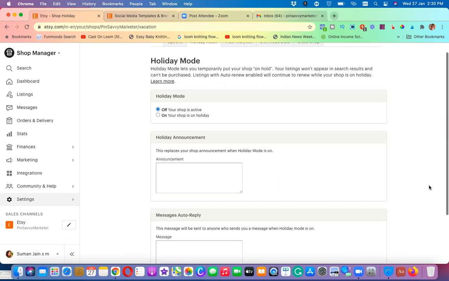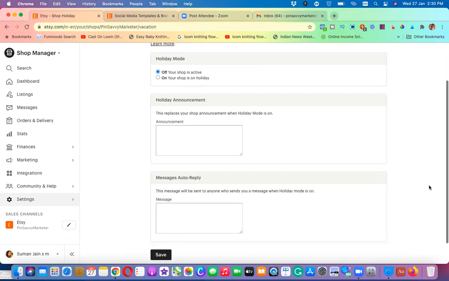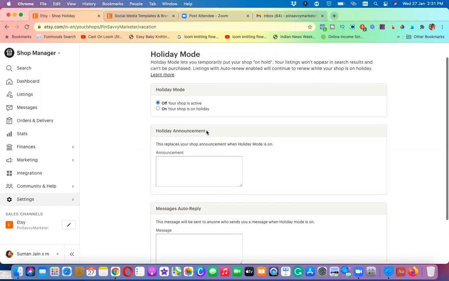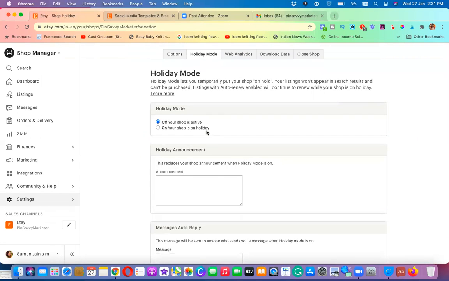In that way, Etsy will not show your products for the meanwhile, so that you can relax, and messages can also be replied to automatically. Anyone who sends you a message will automatically get a reply if you are in holiday mode. So anytime you can switch on the holiday mode.